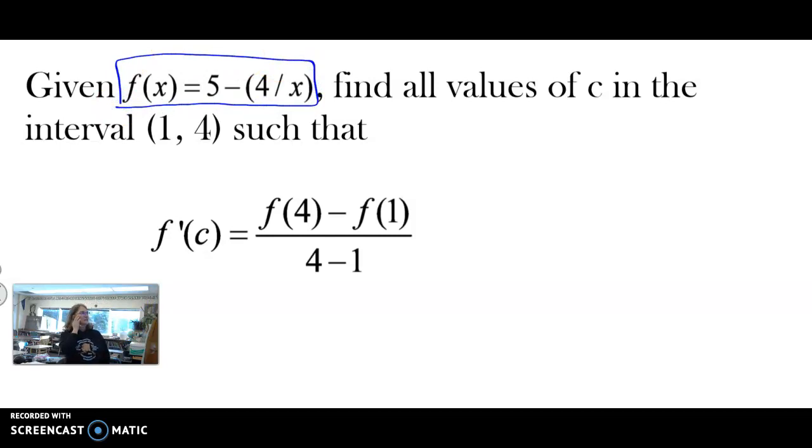Find all values of c in the interval from 1 to 4, and so these are x coordinates, 1 to 4, such that the derivative, we're going to find a particular value of x where that instantaneous rate of change is equal to the average rate of change, which is this. So when you're looking at f of 4 minus f of 1, basically what this is saying is, if you have